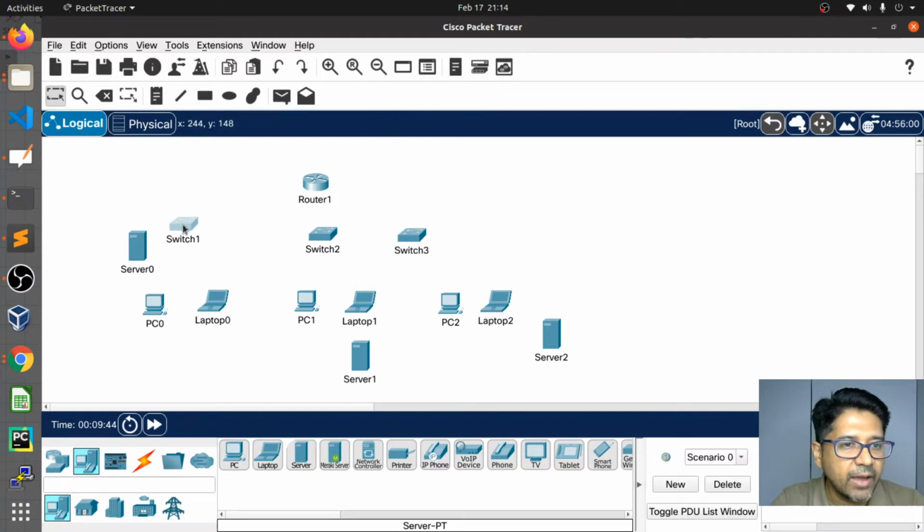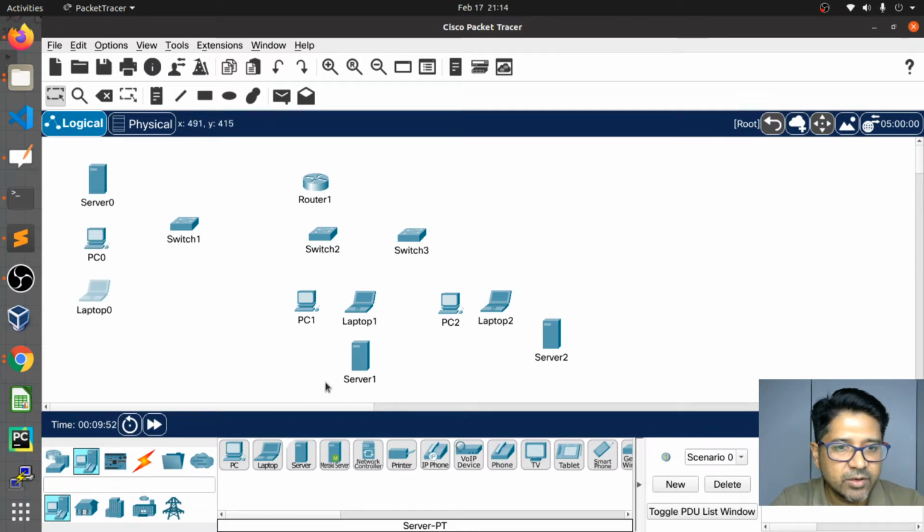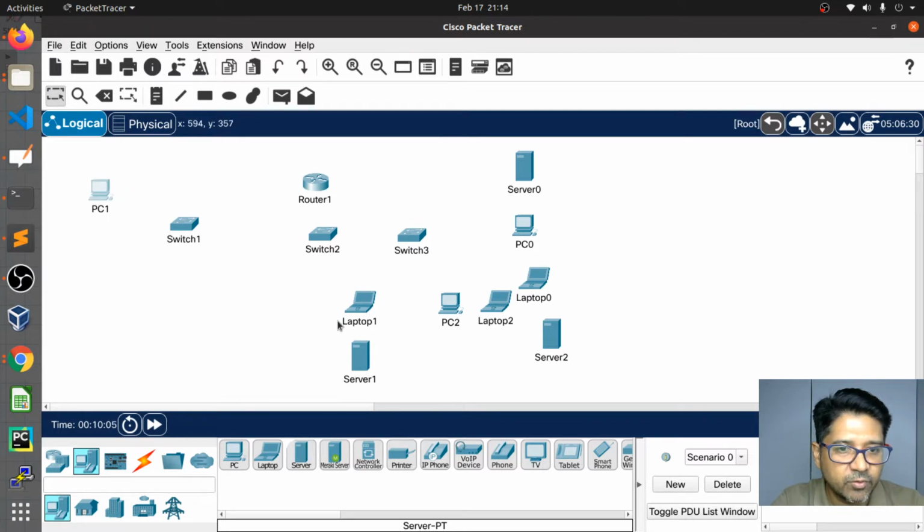Okay, so every LAN having 1 laptop, 1 PC, and this. Now, sorry, I'm going to bring this 0 on switch 3, because I'm going to give the name as 0 for 1 PC, 1 laptop, and 1 server associated with the switch 1, and